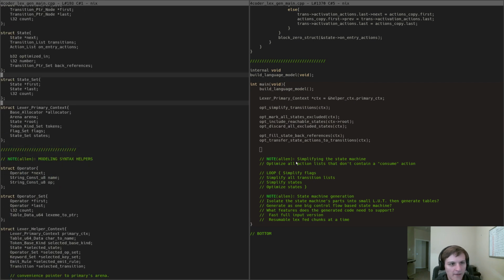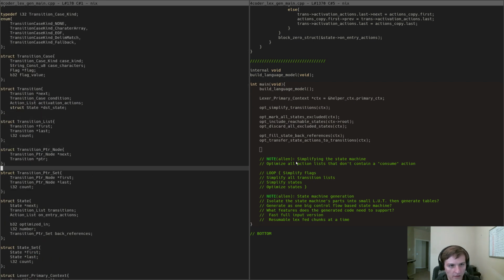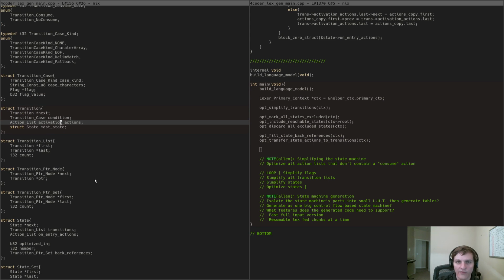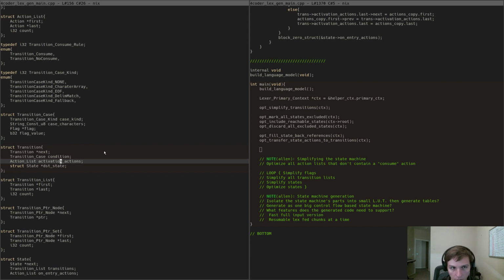So this might require some drawing at some point, but essentially all of our action lists happen right here. And what we want to do is visit every action list, and for each action list, see if it has a consume in it. If it has a consume in it, then it's fine. We don't change it. If it doesn't have a consume in it, then what we're going to do is this